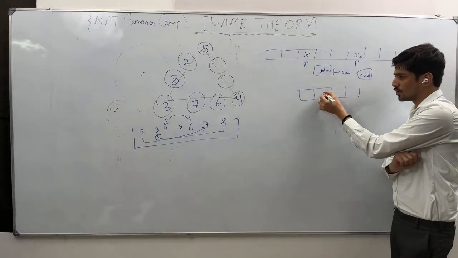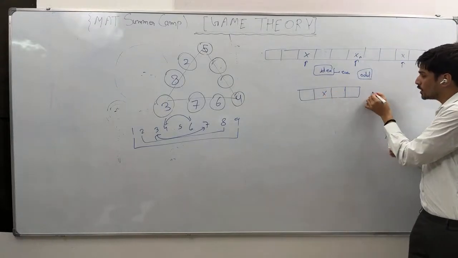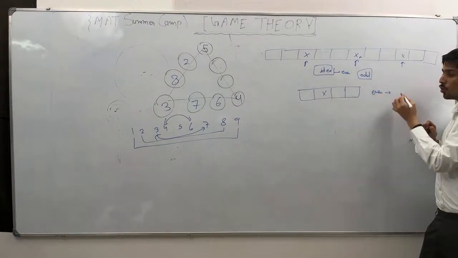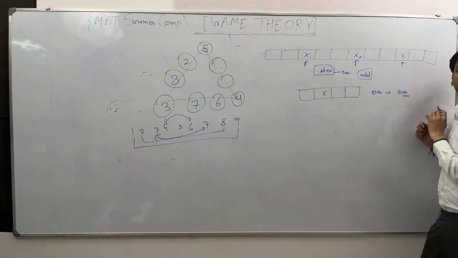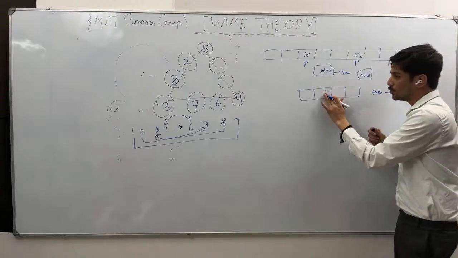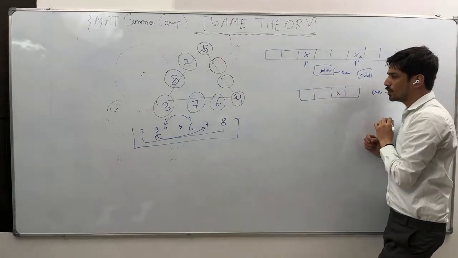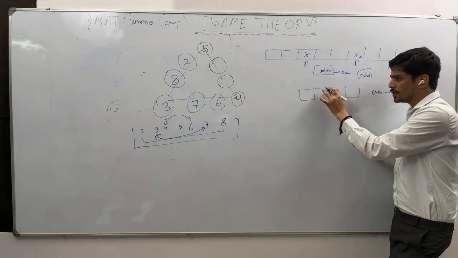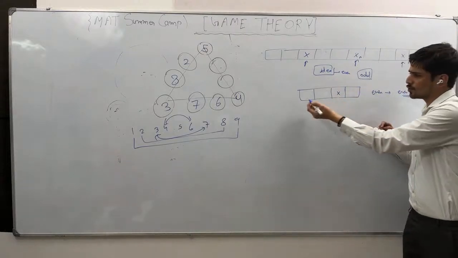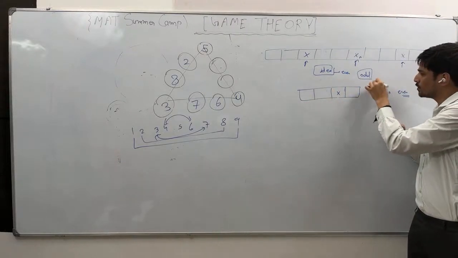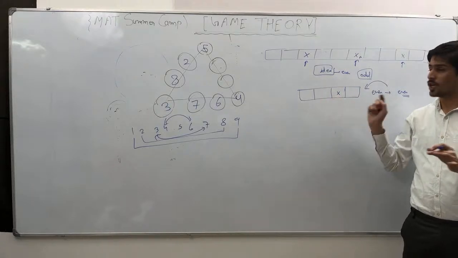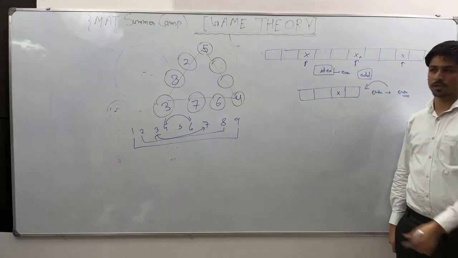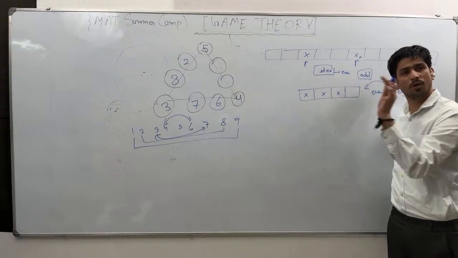Second box will put. It means that when you have the total even number of boxes, you always go for the even number only. Is it clear? If you try to make this mistake, then definitely there are only 4 boxes. No other options are left. So whatever A plays, if this is 4 only, 6 only, now B has no option. Wherever B plays, B will definitely win the game.